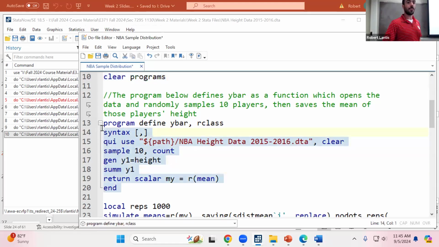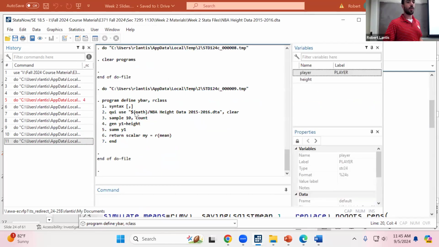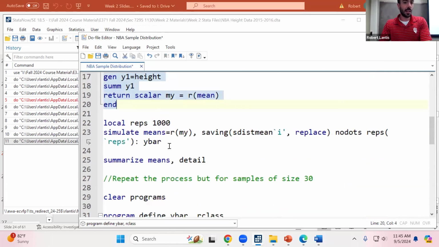So I'm going to define this program by running this code. Right? So anytime I say program, it'll run everything here. Okay, it now has this program ybar, basically calculating a sample mean, stored behind the scenes. Okay, so it's sitting there. I can use it whenever I want. So the next line says, okay, look,